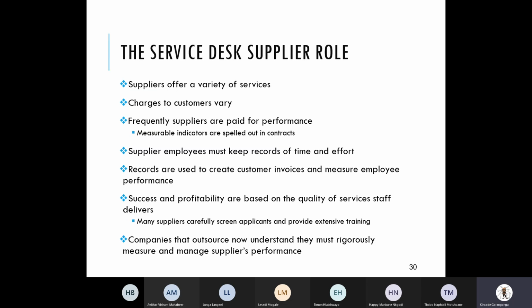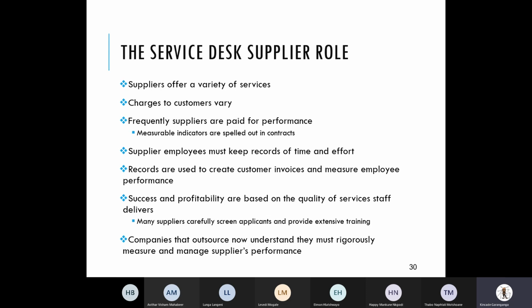All right, and then with the role issue, you'll discover that you're sitting with suppliers offering obviously a variety of service across the board, all the way to a lot of institutions, organizations that are looking at understanding now that there's some kind of measure that is put in place to actually manage the supplier's performance in that regard. So again, quite problematic when it comes to the actual charges that are associated with the whole concept of outsourcing, because